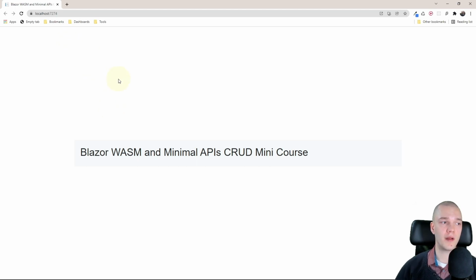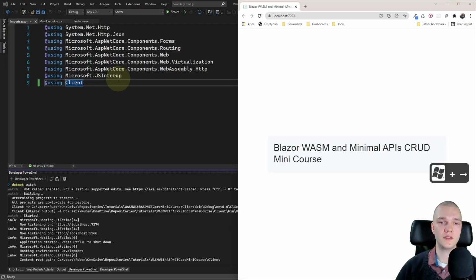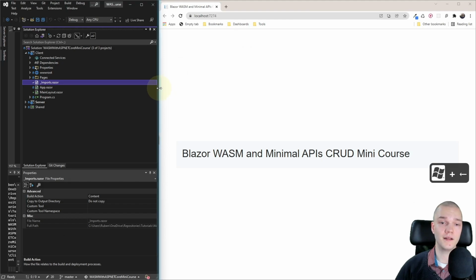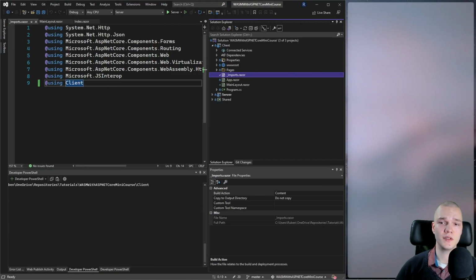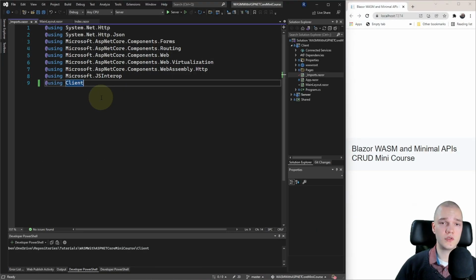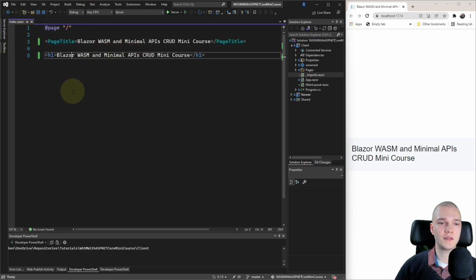So I'll just open my browser and Visual Studio side by side, and I'll make my browser as small as possible. And now we should see our changes happening live in the browser because of hot reload. Alright, so I'm gonna close imports and main layout, and back in index I want to start by getting all the posts from the server.